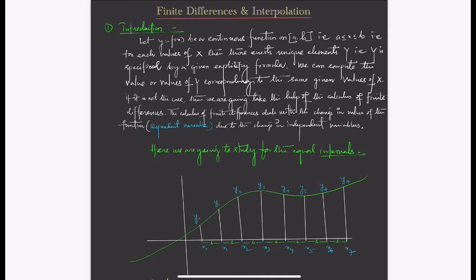Now in this method what exactly we are doing is trying to find the value of y for the intermediate value of x, okay? That is the main motive behind this interpolation method. So we are dividing this entire interval into n equal parts. Each part is what? h distance. From here to here h distance, from here to here h distance, and likewise we are dividing this total interval into how many parts?